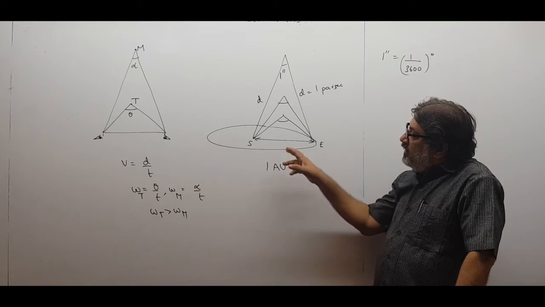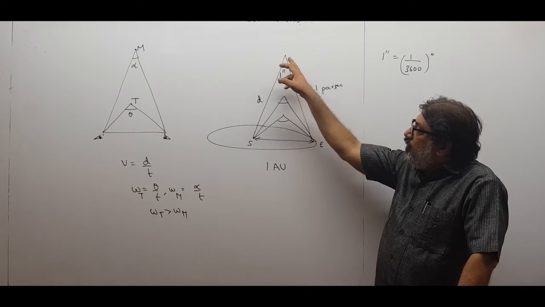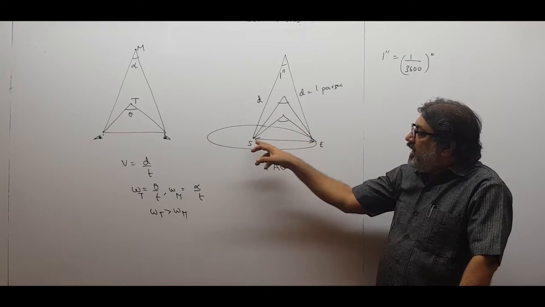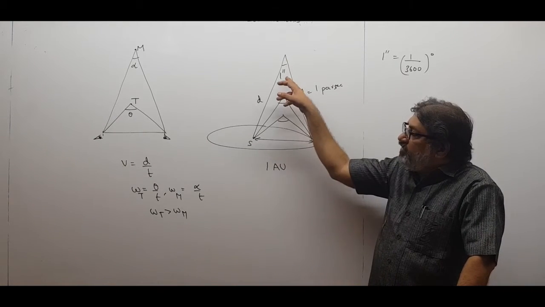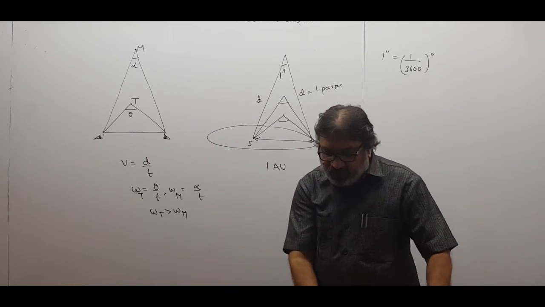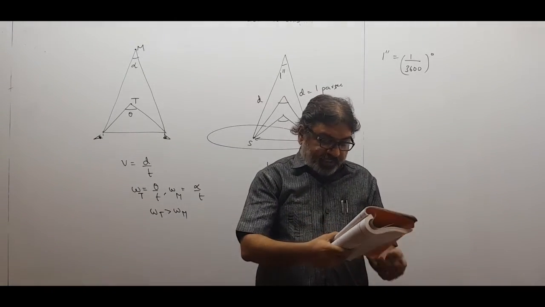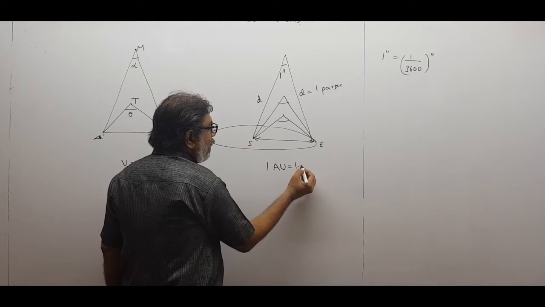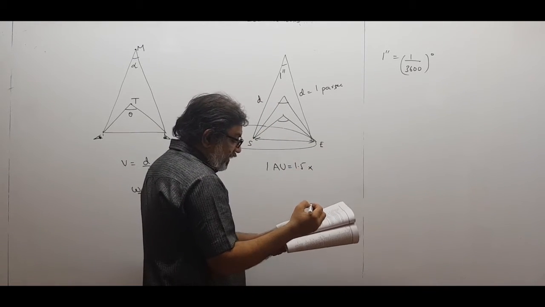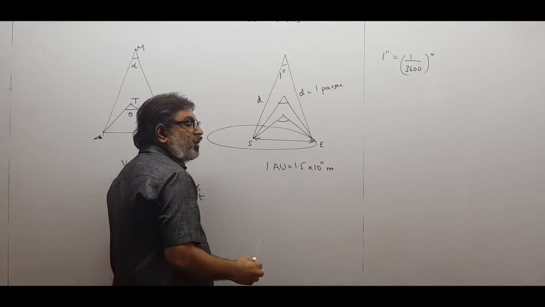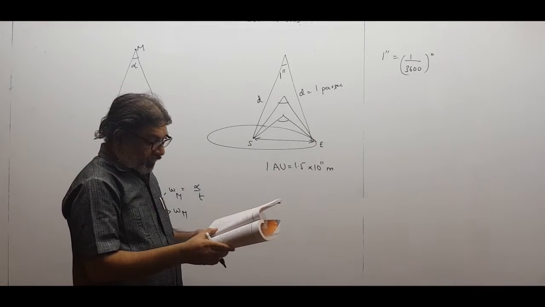So he is telling us at what distance we should go, what should be this much distance, so that the line joining the sun and earth makes a 1 second angle over here. This is 1 astronomical unit, and the data is given to us in the question, children. Data is given to us as 1.5 into 10 raised to 11 meter, that is given to me. This 1 astronomical unit, I know this one distance.